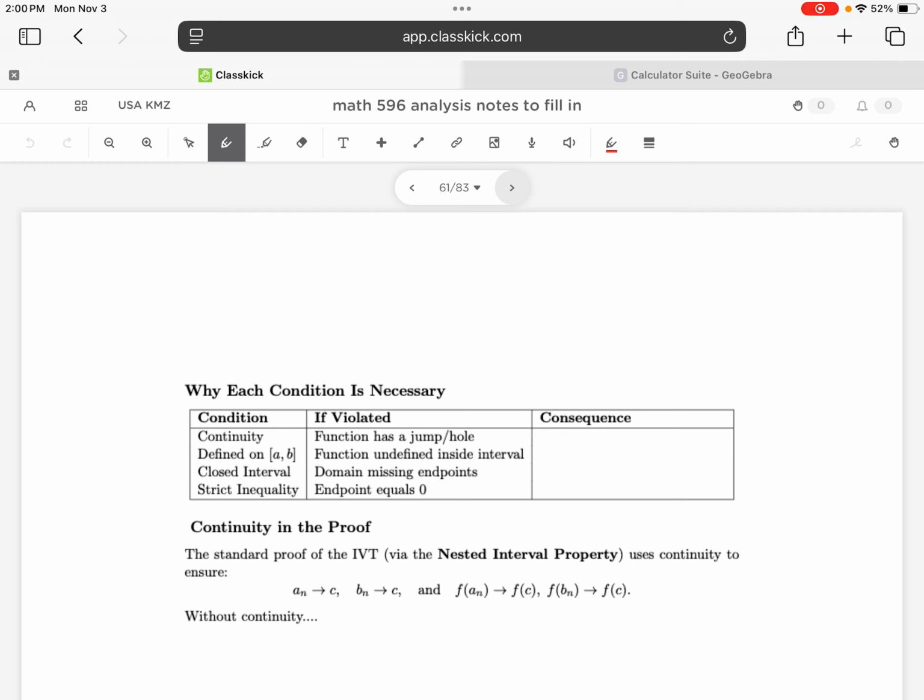So if we think about the continuity condition, we've already seen how that could fail, right? As part of the warm-up problems we saw, a function could have a jump or a hole, and the intermediate value theorem would then fail. Let's say we have f of a, f of b, and here's f of a up here, here's f of b down here. If you chose an L value right in the middle, and then you had some kind of a jump,